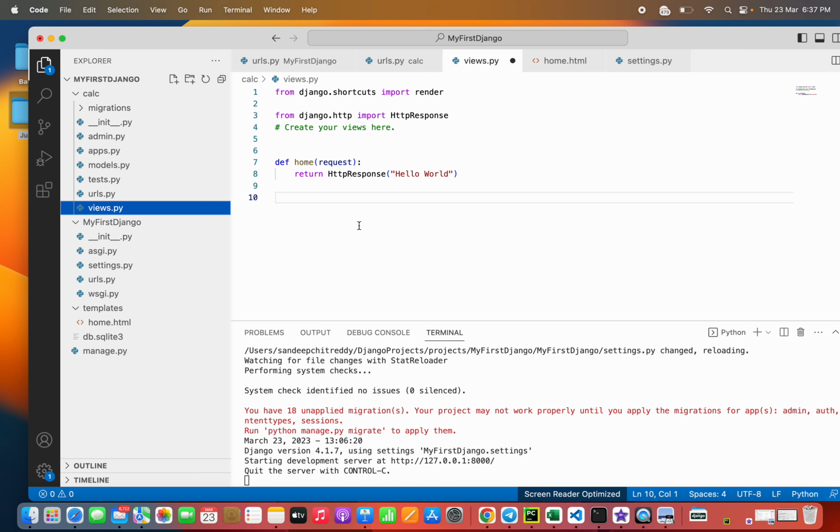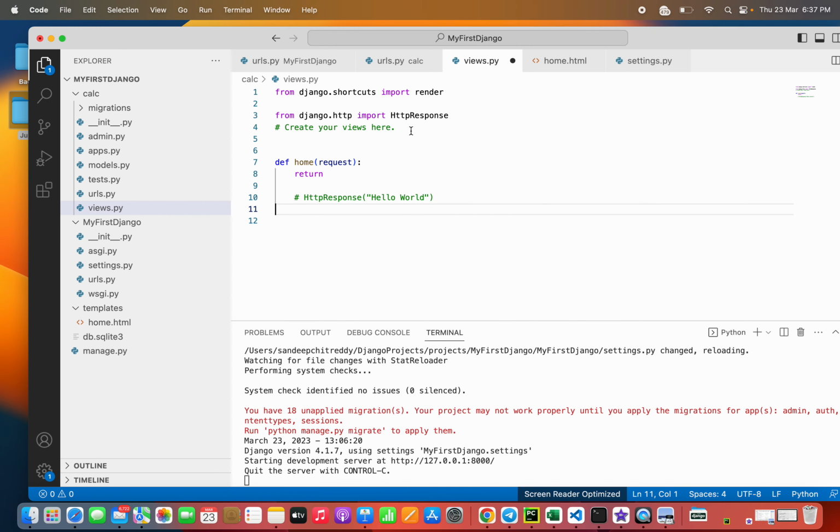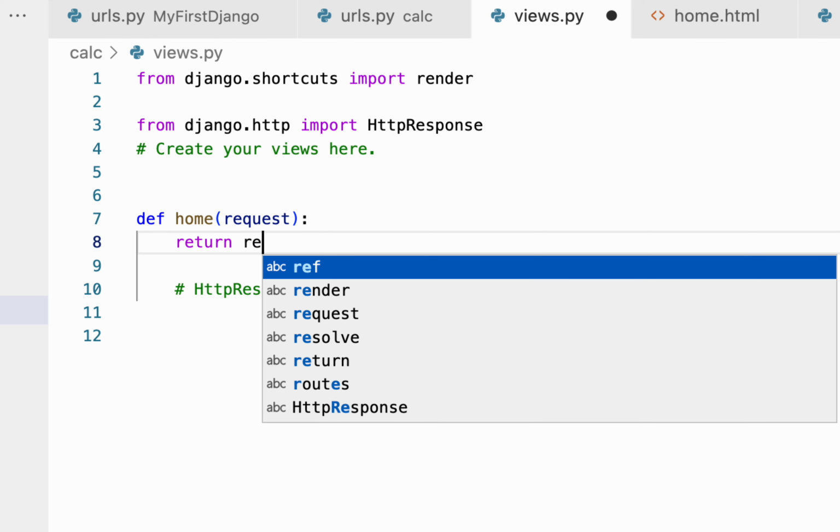In order to do that, we don't need this command, so let me comment it out, and you have to use the render command. Let me zoom in. We need to use the render command which is present here. We have imported the render library and we are trying to use it here. So render,